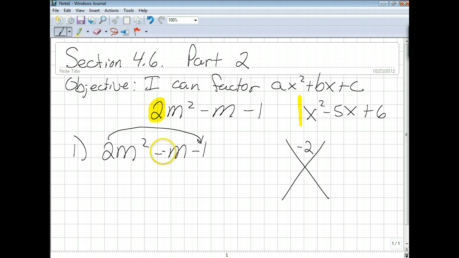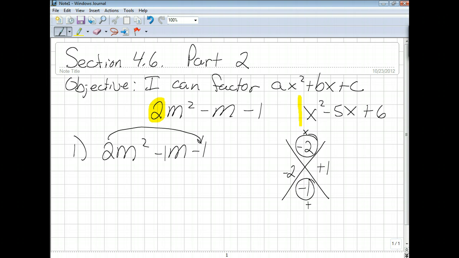And then you take your coefficient of the m term, which is negative 1. Now we do exactly what we did yesterday. What multiplies to negative 2 but adds up to negative 1? So it's going to be a negative 2 and a positive 1. Negative 2 times positive 1 gives us our negative 2, and negative 2 plus positive 1 gives us our negative